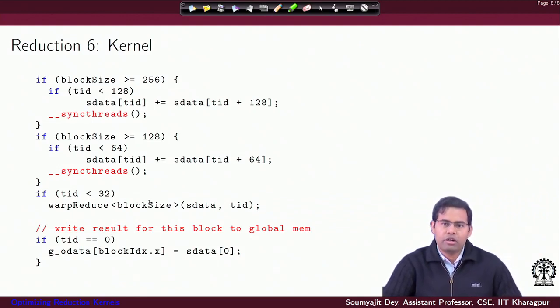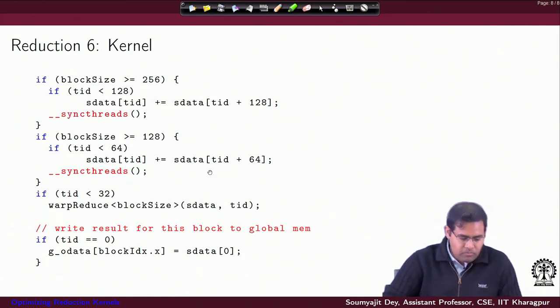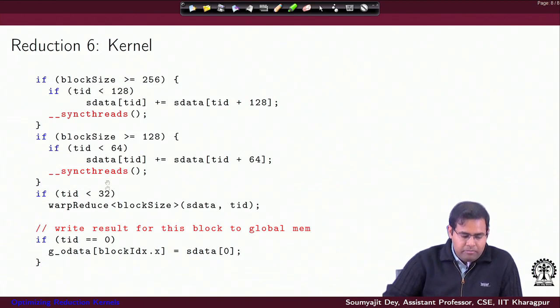All we are doing is removing the loop, so you remove the loop check and just execute the internal behavior of the loop, because everything else is the same. At the end you again reduce the last warp, but again you are using a function template parameter here.